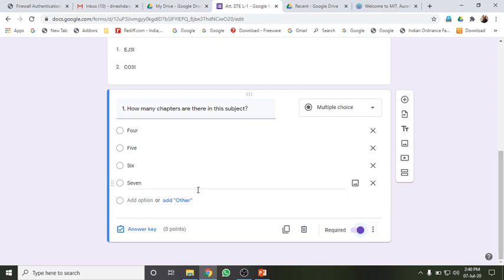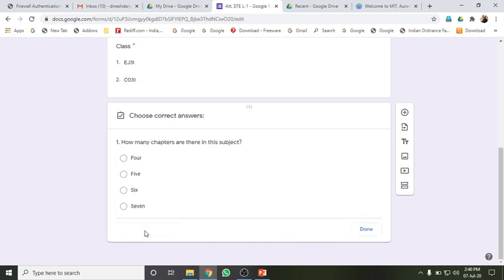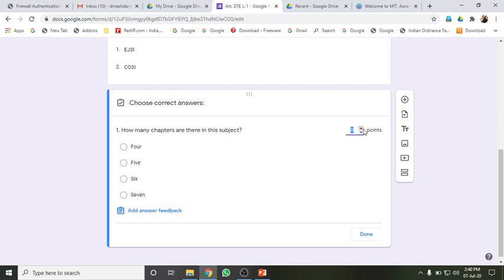After you have done this, you have to provide the correct answer in this form. For that you need to click on this answer key button. You can go on adding points, how many points you want for this question. As of now, 1 point is sufficient for this question, and I need to select the correct answer here.